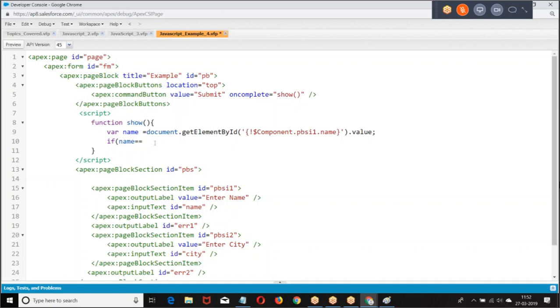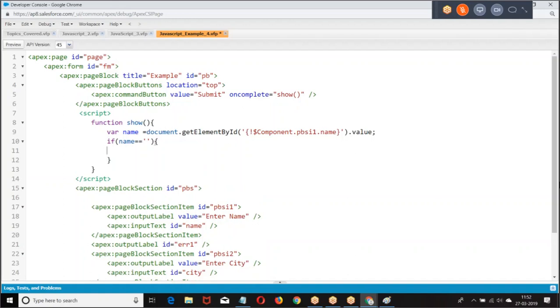So I took name equal to document dot getElementById, dollar Component dot page block section dot error 1.